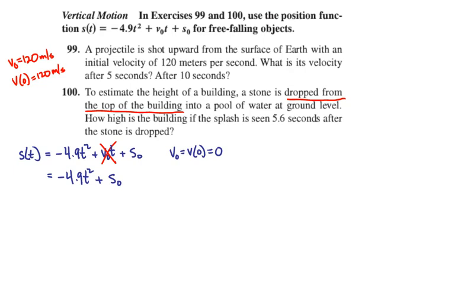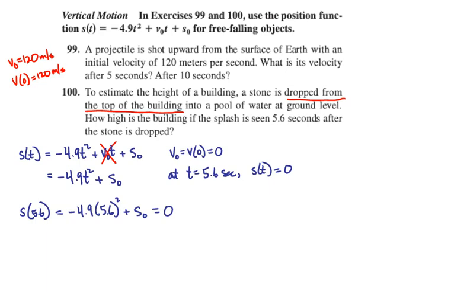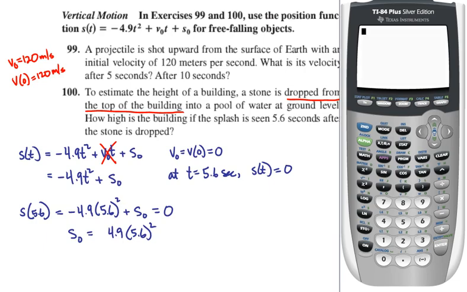Well, something else that we do know is that at time t equals 5.6 seconds, the height of the object is 0. It hits the ground. So that tells us that if we plug in t equals 5.6 into the function s of t, we get negative 4.9 times 5.6 to the second power plus the initial position has to equal 0. And so all we're going to do now is solve for s sub 0, and we do that by moving the negative 4.9 times 5.6 to the second to the other side of the equation. Sorry, it's going to turn out to be positive there, and as it should, because the height of the building is positive. And so we just need our calculator to multiply this out, and we get